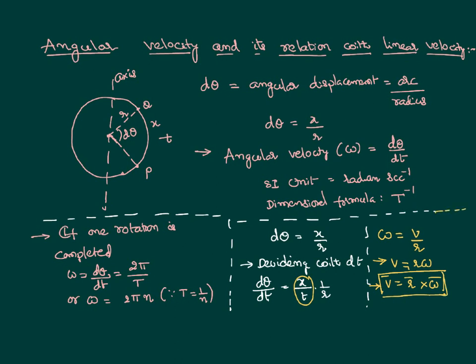So to summarize, in this post we have identified that there will be angular displacement for a body in rotational motion. There will be angular velocity as rate of change of angular displacement. The angular velocity can also be expressed as 2 pi by T or 2 pi into n, where n is frequency. And we can find a relation between linear velocity and the angular velocity of a body. If a body is having angular velocity omega about an axis of rotation and it is at a distance r from the axis of rotation, the body also will have a linear velocity v equal to r omega, or r bar cross omega bar.